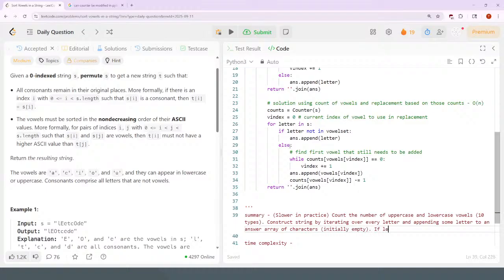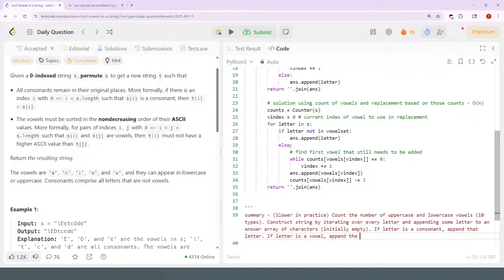If letter is a consonant, append that letter. If letter is a vowel,